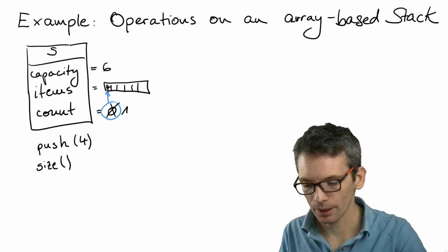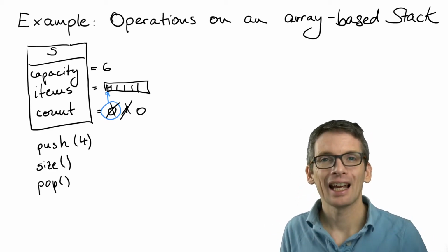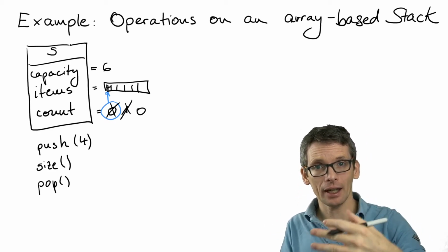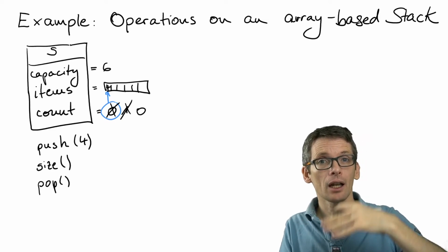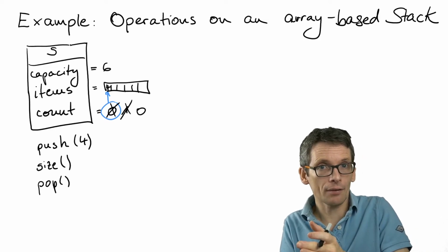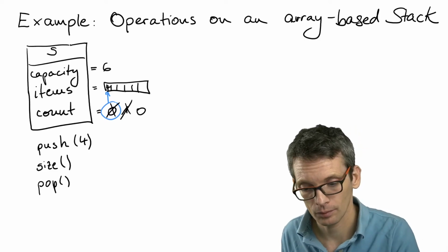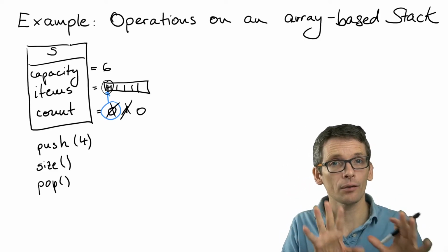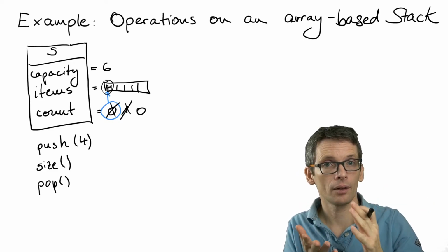To pop an element, we simply decrease the count again by 1 and then return the element at that index, at the index of the now new count, because that is the element at the top of the array. And since we now have already decreased the count, we also have the size again correct. We can leave the 4 simply there because by decreasing the count, we forgot about the fact that it was